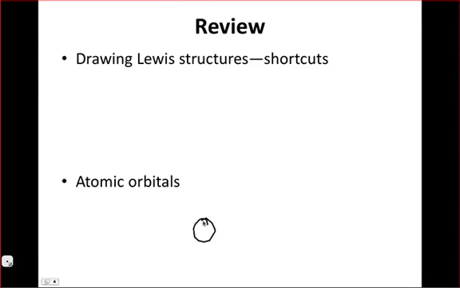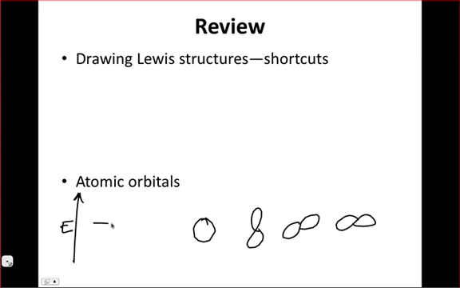So the shapes of the orbitals are what I drew before. These are the shapes of the 4 atomic orbitals. The energies are a different story. And to represent the energies, we draw them on a diagram like this, and as horizontal lines on the diagram